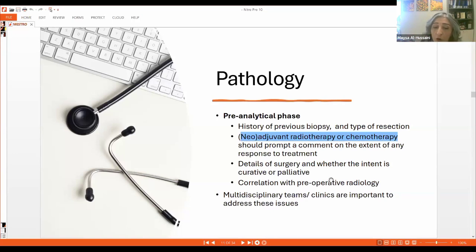Details of surgery are also very important, and whether this was with the intent to be curative or palliative. And importantly, as well, we have to correlate with preoperative radiology in order also to be able to understand the extent of the disease, the invasion, the extent of the resection. And this is usually best provided through the presence of multidisciplinary teams or clinics where most of these issues will